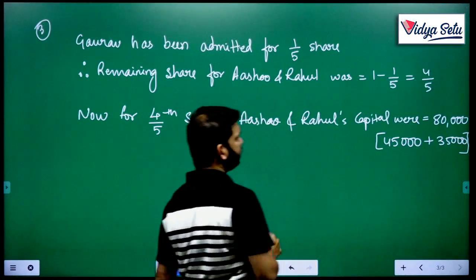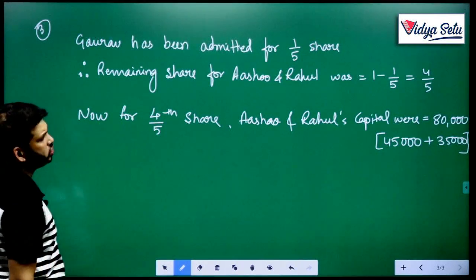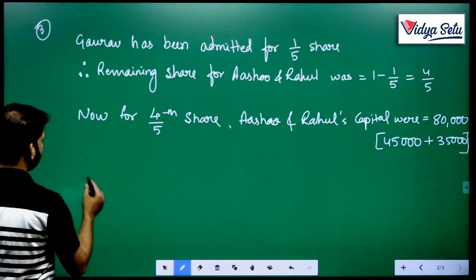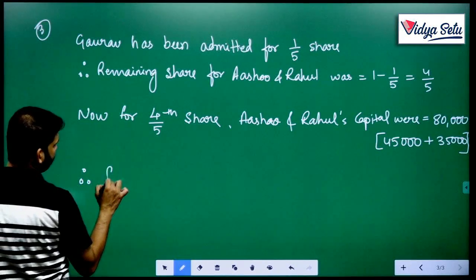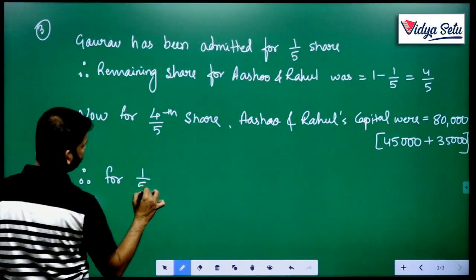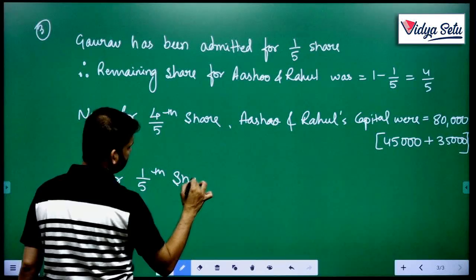Yes, correct, 45 and 35. Now, for the 4/5 share, the capital was 80,000. Therefore, for the 1/5 share,